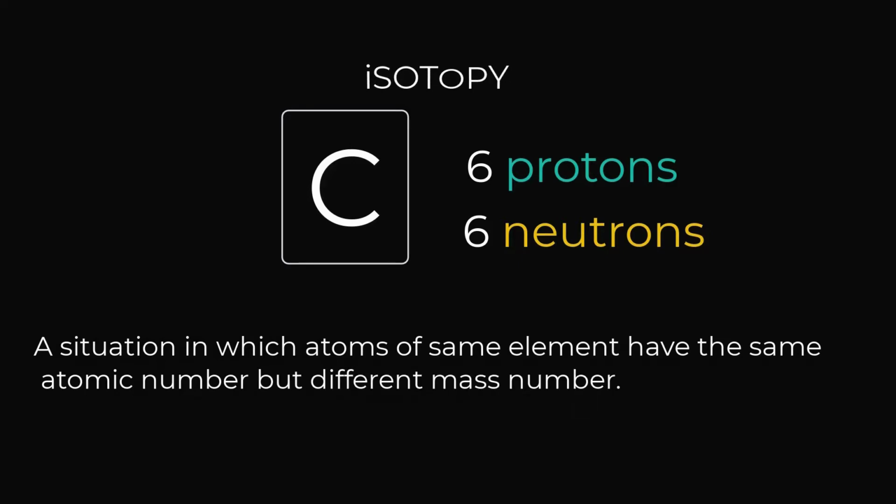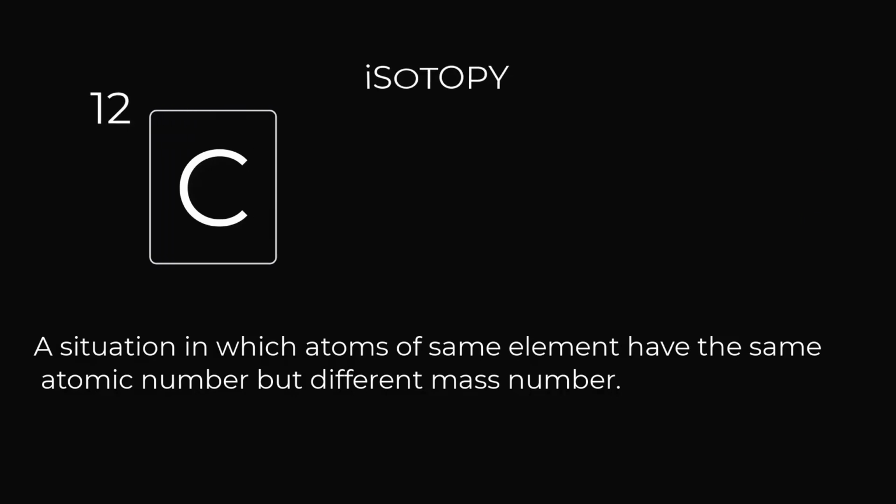So carbon with 6 protons and 6 neutrons, we have a mass number A as 12. Carbon with 7 neutrons, we have mass number as 13. While carbon with 8 neutrons, we have mass number as 14. All of these 3 carbons are isotopes and are called according to their mass number: carbon 12, carbon 13, and